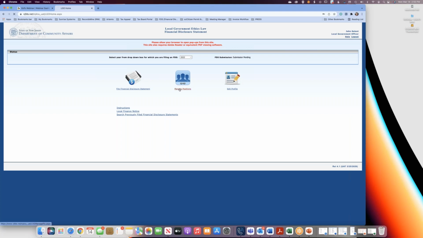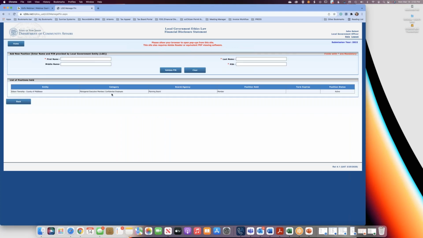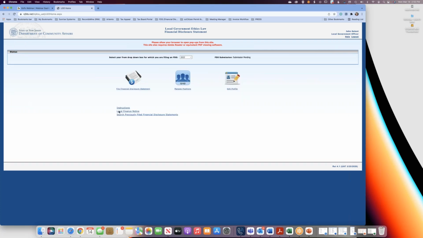If I go into managed positions, I can see all the different positions that are assigned to my account. So I only have one right now for Edison Township. But if I had others, and I'll show you in a little bit, I have other organizations that I'm set up for, I would see all those different positions from all the different organizations. One thing to remember is that